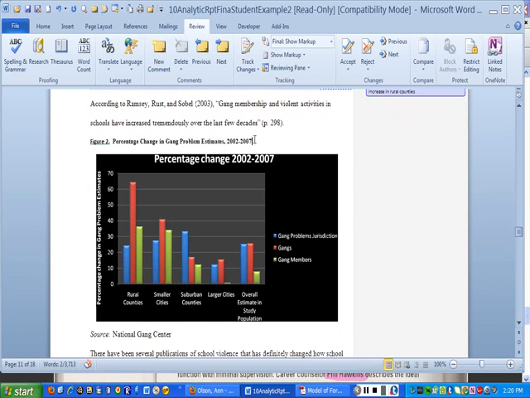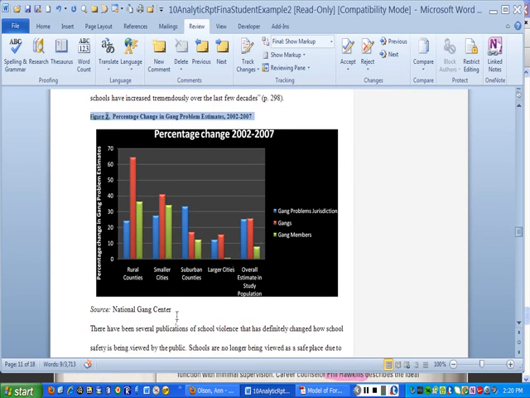The third is, has she labeled it? Yes. Here's figure 2, period, percentage change in gang problem estimates, 2002 to 2007. And the fourth element is the source, reference to the source here, National Gang Center. So,